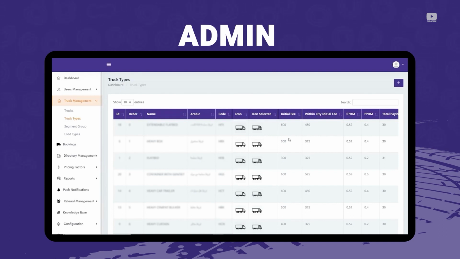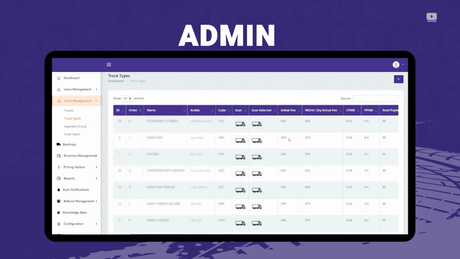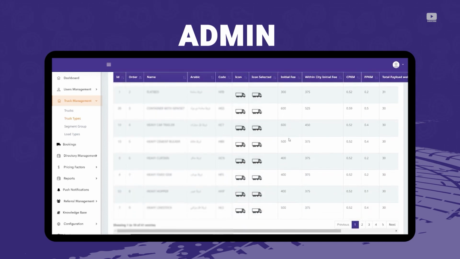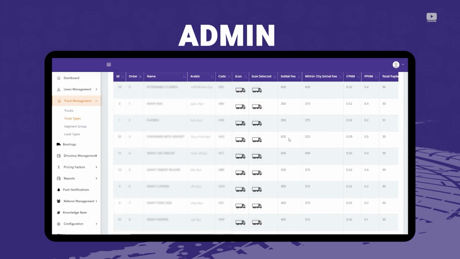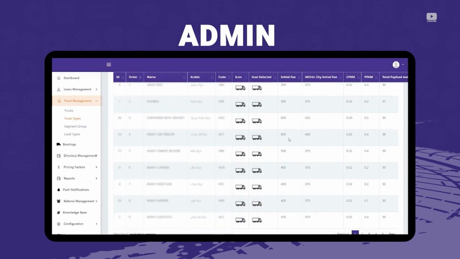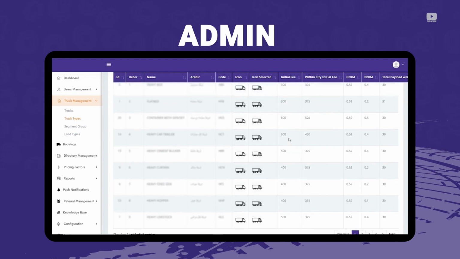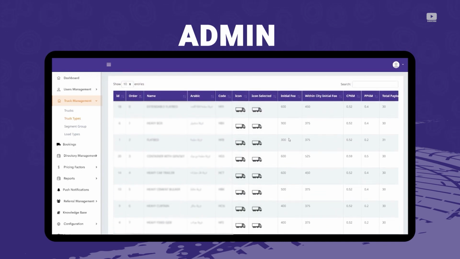The second sub-menu under truck management is the truck types. Over here, the admin can view directly the types of trucks that are available, and the names of the same are available in English as well as Arabic. What's the code of that particular shipment vehicle, what are the icons, and if there's any initial fee within the city shipment fee,